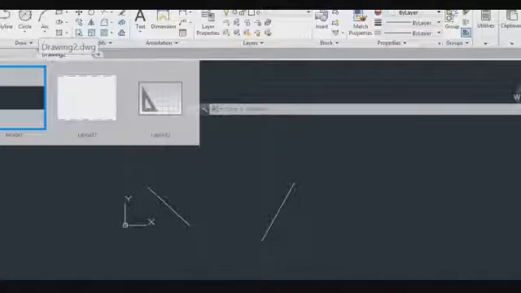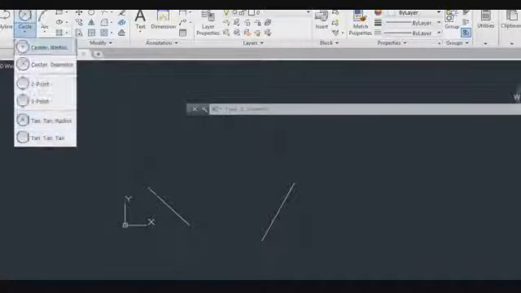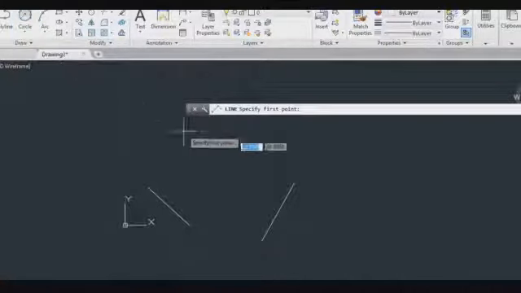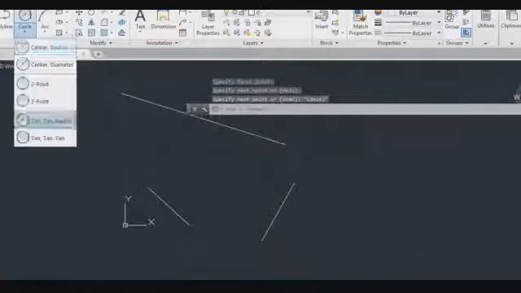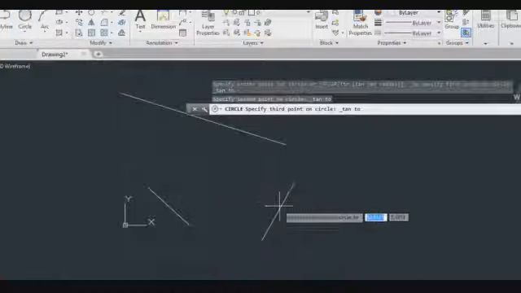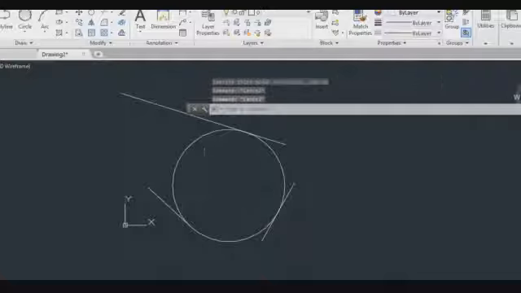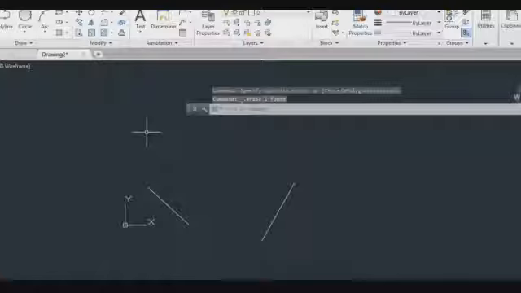Next we have the tritangent circle. For that I will draw one more line. Tangent: first point, second point, third point. It will create a circle which is tangential to all these three elements.